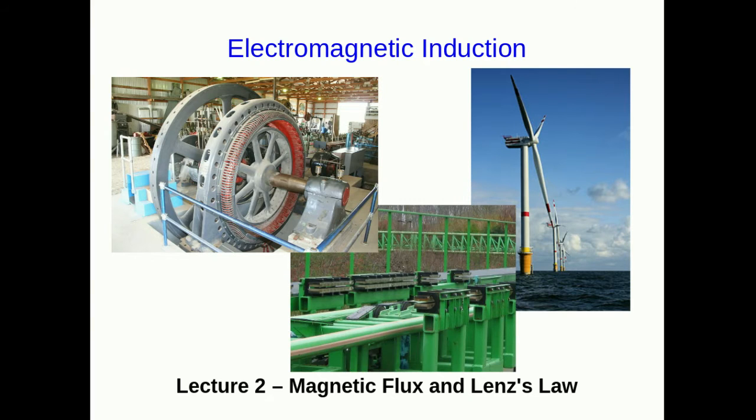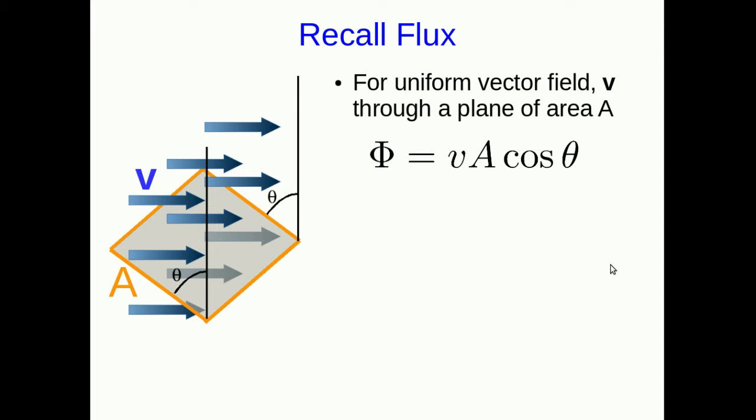of physics. So I'm not going to say very much about flux. We covered flux in great gory detail back in the Gauss's law part of the course. So if you're rusty on flux, you should look back at that. But just for a quick recap, when we have a uniform vector field, which I'm just calling V, going through some plane of area A, and that plane is tilted at an angle theta as shown in this diagram, then